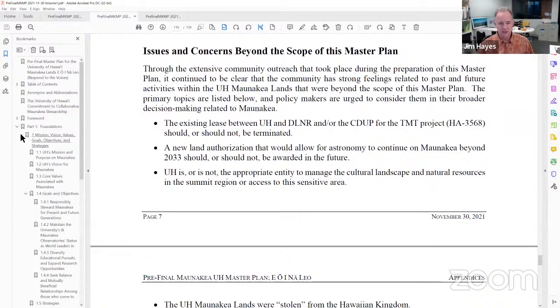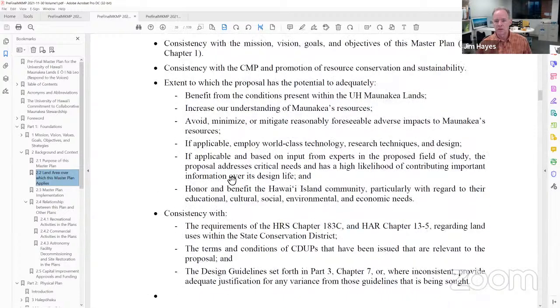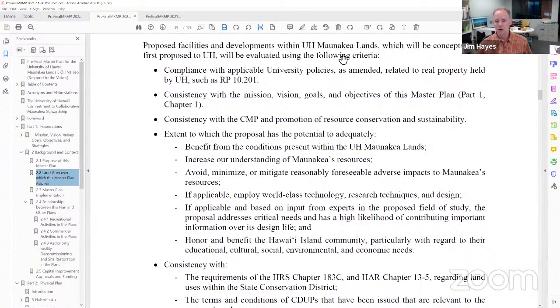Specifically, I wanted to point out, let me find the right spot here, this is what we call our criteria for evaluating new proposals. And we say that proposed facilities and developments within the UH Mauna Kea lands, which will be concepts when they are first proposed to UH, will be evaluated using the following criteria. And these criteria were modified based on the input that we received. And recently we've separated out some of these sub-bullets here. So the extent to which a proposal has the potential to adequately benefit from the conditions on Mauna Kea, increase our understanding of Mauna Kea's resources, avoid, minimize, or mitigate reasonably foreseeable adverse impacts to the resources,